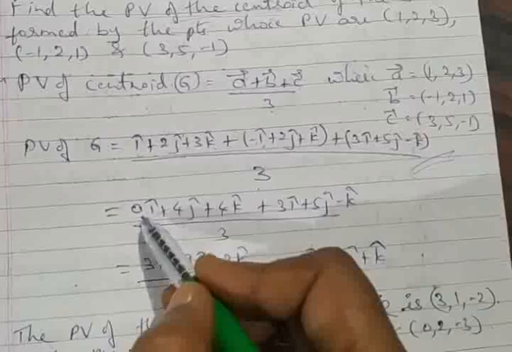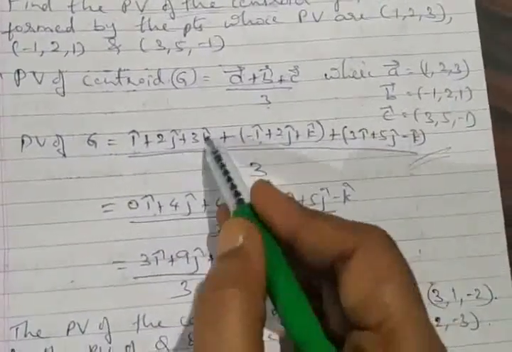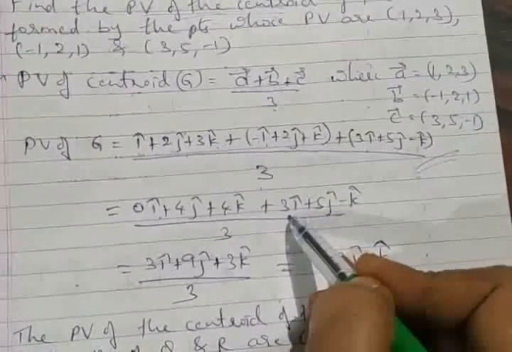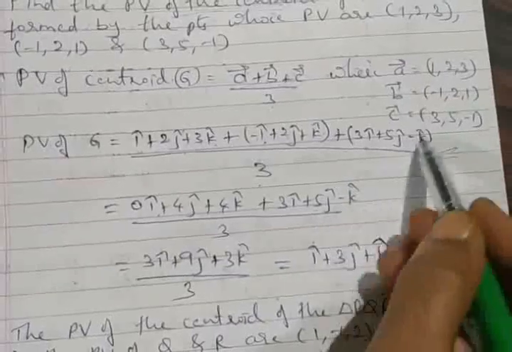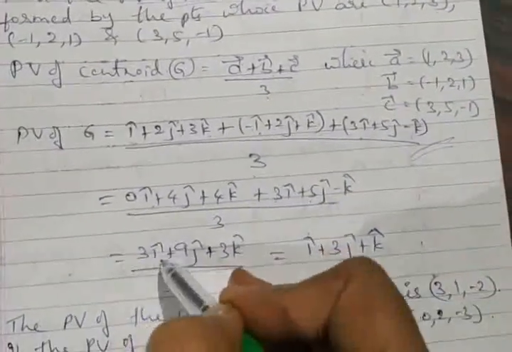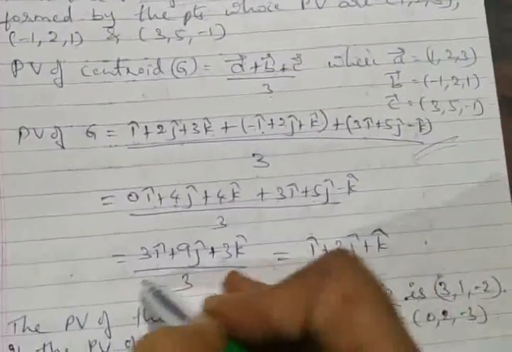It will vanish, I should say 0i, plus, considering the first two terms here, it's 4j, plus 4k. The last part I have kept as it is, just to make you understand. So we have 3i plus 5j minus k. Then the i term has been simplified, which says 3, and 4 plus 5 is 9, 4 minus 1 is 3, whole divided by 3.